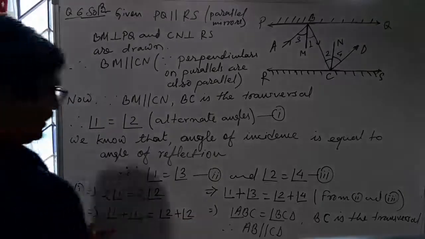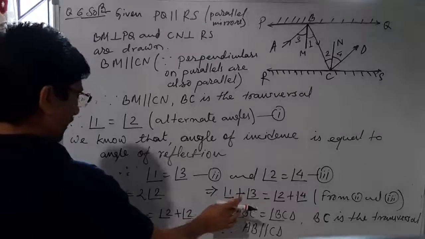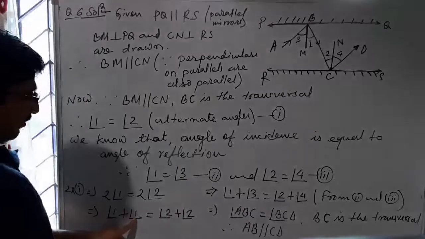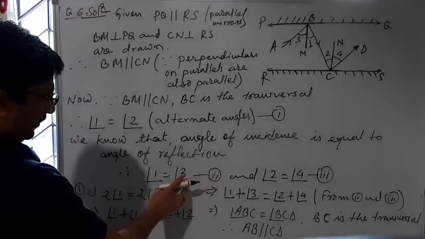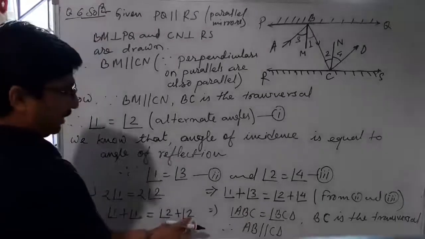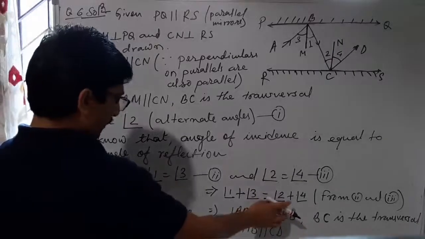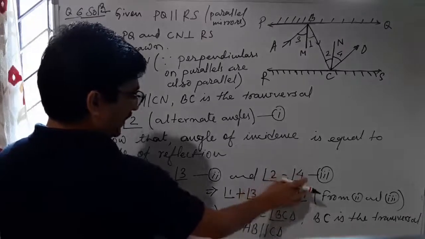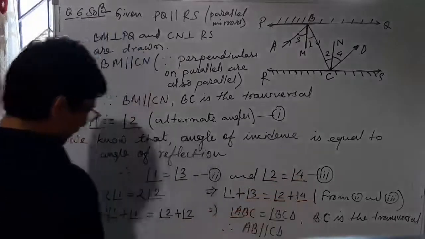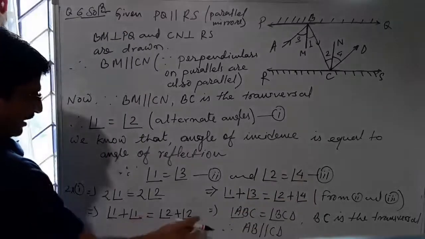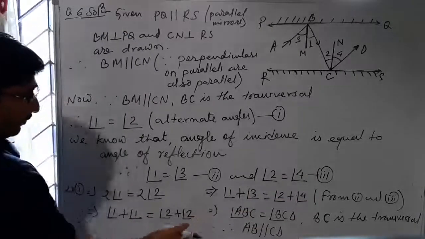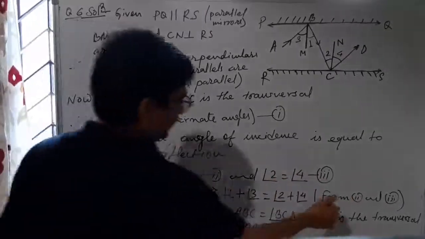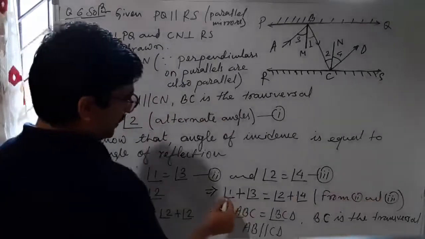Since angle 1 and angle 3 are equal, in place of the second angle 1 we write angle 3. Similarly, in place of the second angle 2 we write angle 4, since angle 2 equals angle 4. That is from equation 2 and equation 3. Now angle 1 plus angle 3 means